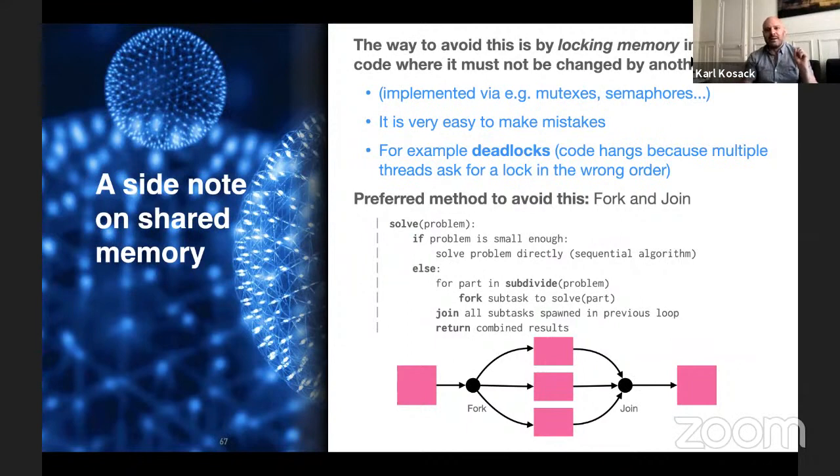When I'm done, I'll unlock it, and then you can use it when you want to. But even with that, it's very easy to make mistakes. So you can get deadlocks, which is where two threads acquire a lock but don't release it in the right order, such that one's waiting for the other, and waiting for the other infinitely, and so your code just hangs. That's one of the common causes of hangs on modern computers that use a lot of multi-threading.